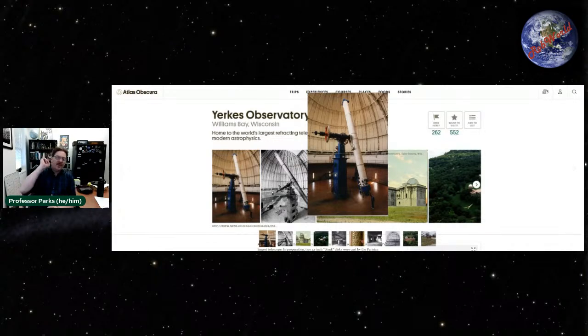Oh, real quick. I love the Yerkes Observatory. It's on my bucket list to go see because what's awesome is you may notice right now it's pointed almost at zenith. But if it were pointing closer to the horizon, the back end where the eyepiece used to be, or now the photographic plates would be, would be way up in the air.